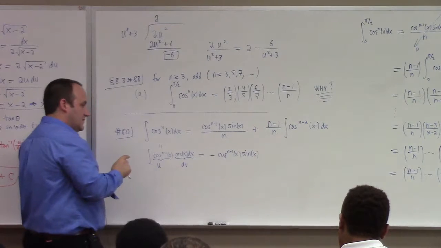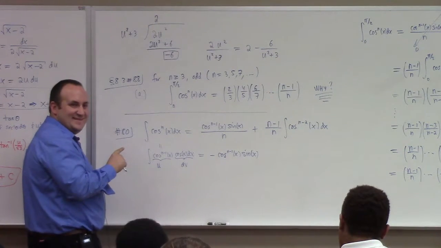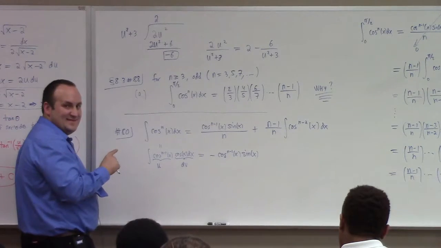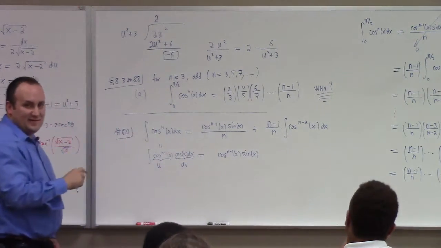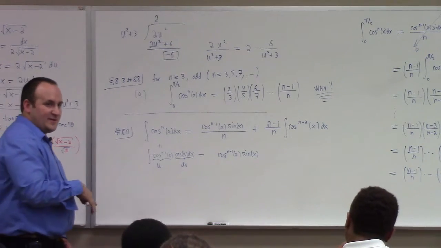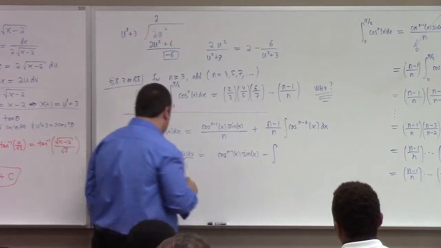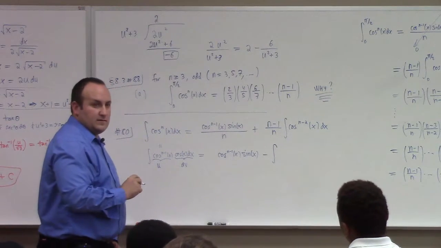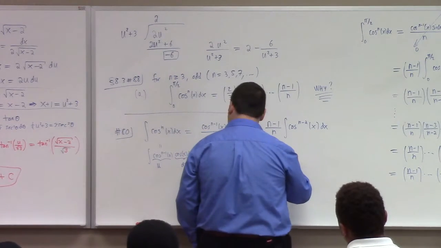Wait a minute, hold on a second. There's no minus there, right? What's the integral of cosine? You got me. Now maybe I asked what the derivative was. I don't know. It's been so long ago, who can say what I asked? And then so minus the integral of v du, right? Which is going to be, what's that, sine